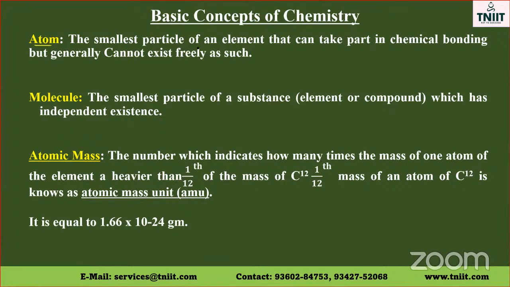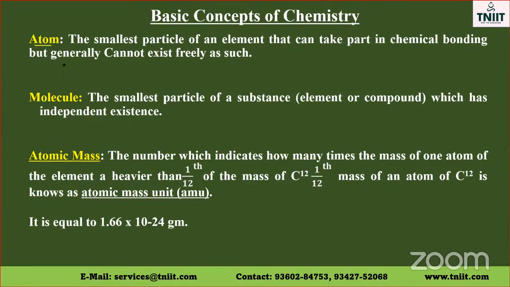It is the smallest particle of an element that takes part in the chemical bonding, but they cannot generally exist freely as such, is called as an atom. Atom cannot exist freely. It is the smallest particle which can take part in a chemical bond. That is called as an atom. Now, for an example,